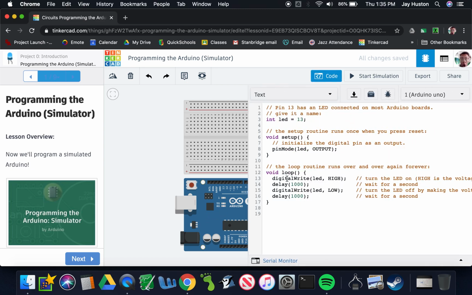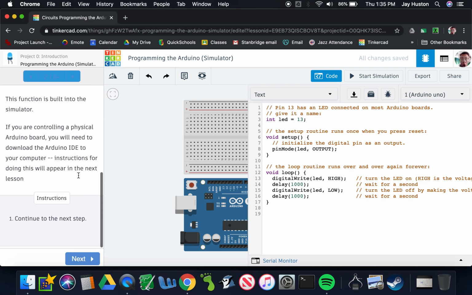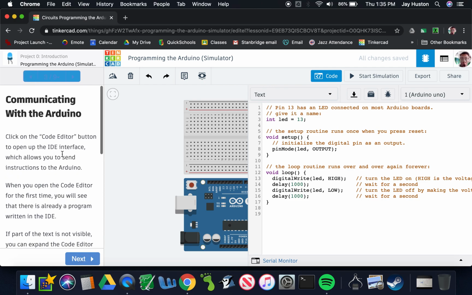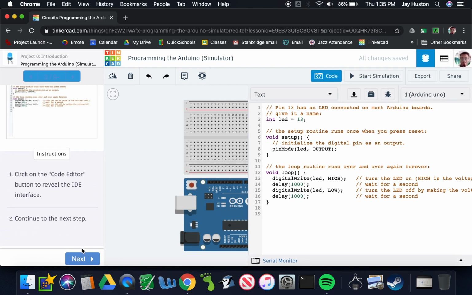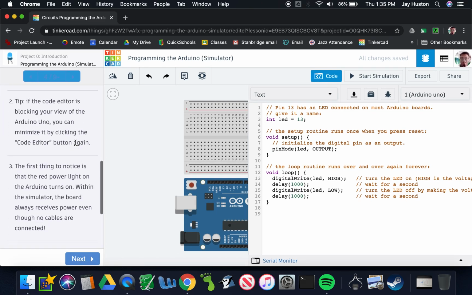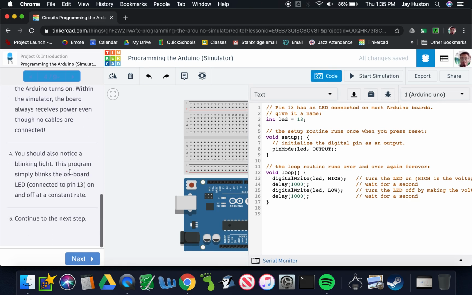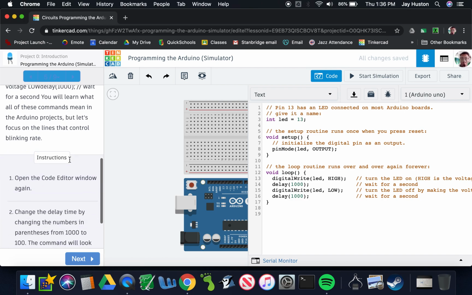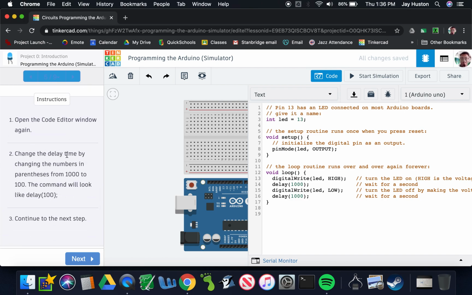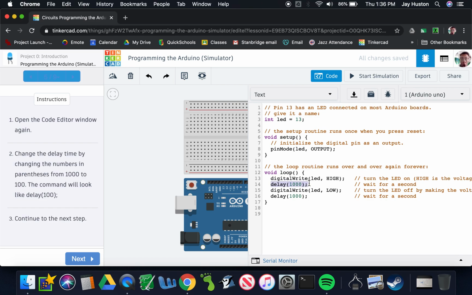So what happens is if I change this code, which you will in this lesson, it's like the second or third step. It tells you a bunch of junk. You should read all that. Tells you a bunch of junk, and then even more. And then it says here, change the delay times from 1,000 to 100. So what they're saying is, right here where it says delay 1,000,